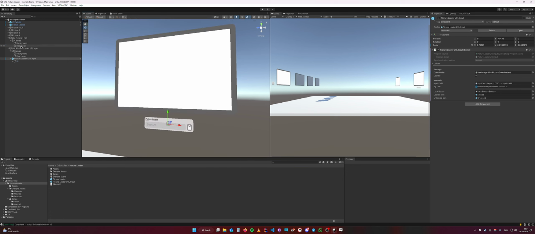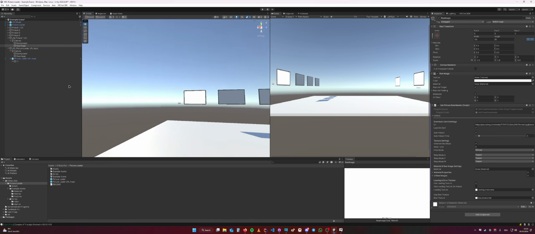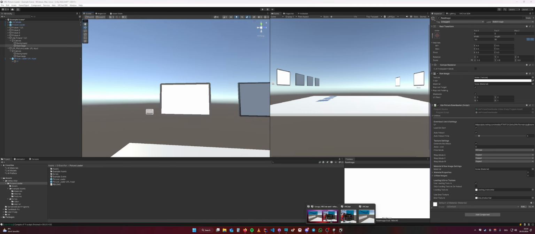It also supports all of the error and loading textures. This is something that is pretty nice about my image downloader. You have these loading and error textures, and you can set a texture that should be used while the image is downloading. You can also set a texture that should be displayed if there's an error and you couldn't download the picture. You can also just tell it, hey, if I'm reloading the picture, so if I go over here in VRChat again,